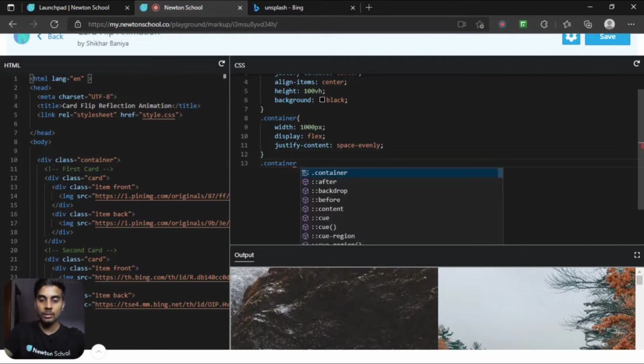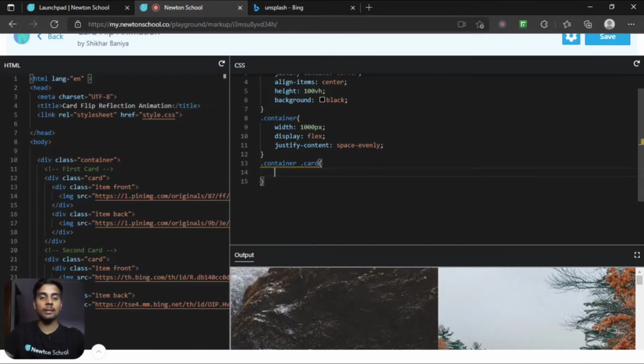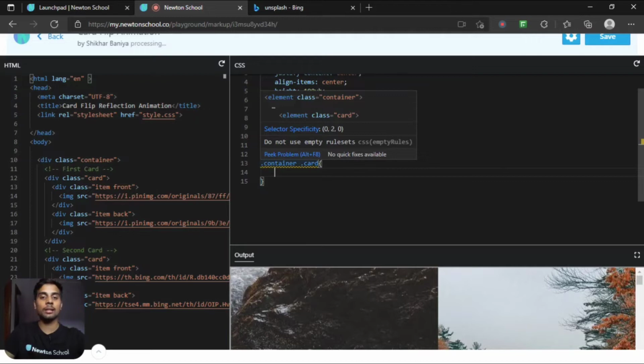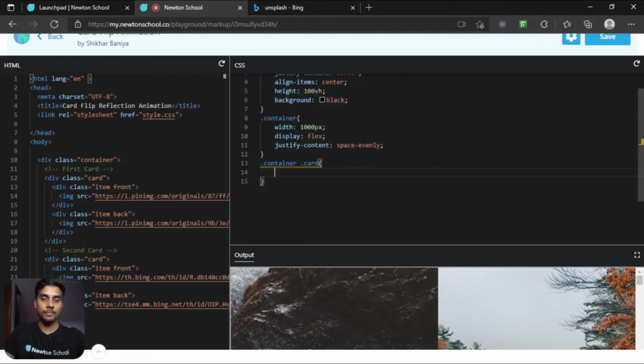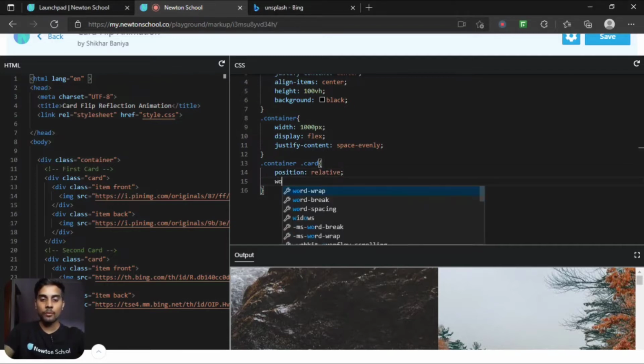And next let's target the card. So container dot card, since the card is present inside the container, that's why we have written dot container inside dot class. Next in this I want to display position as relative. I want to specify the width as 240 pixel, height as 300 pixel.